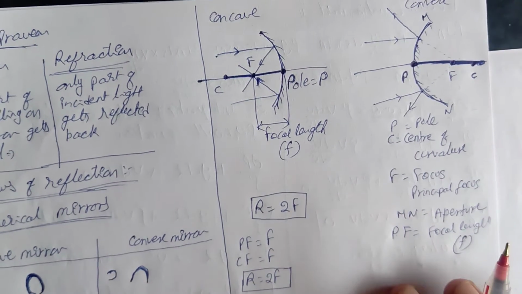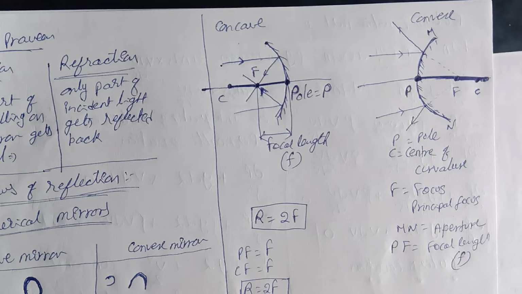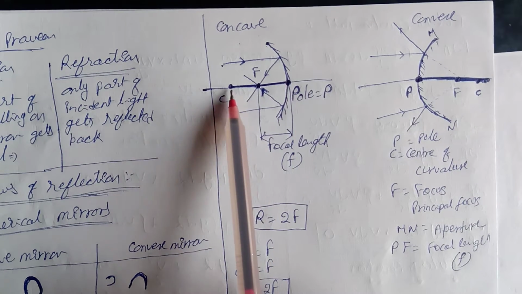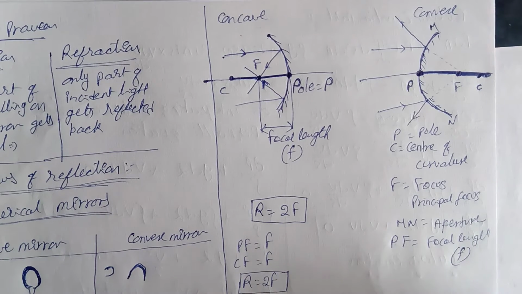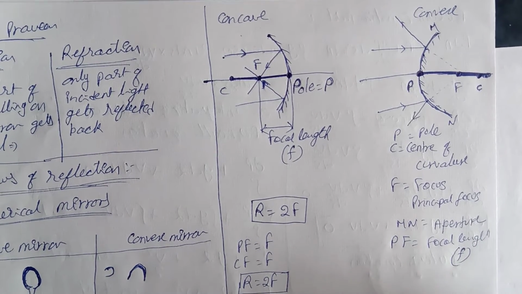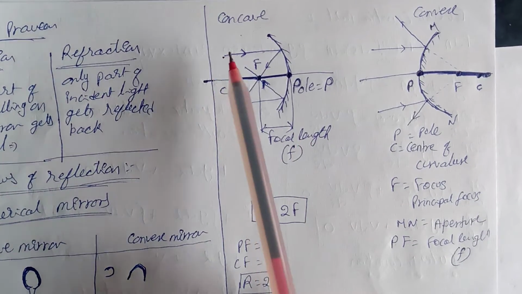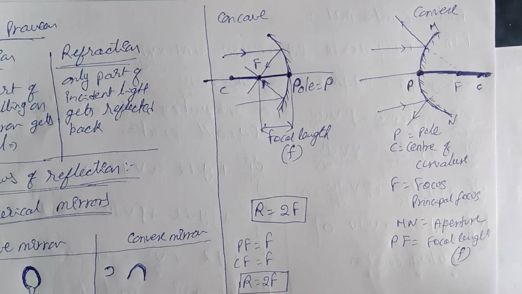Okay, now this is my concave mirror and convex mirror. And R is equal to 2F. Remember that the distance between F and P is equal to the distance between C and F. So that's why we got R is equal to 2F. If at all you see these mirrors, the position of the object is at infinity. So now in today's class we shall discuss image formation